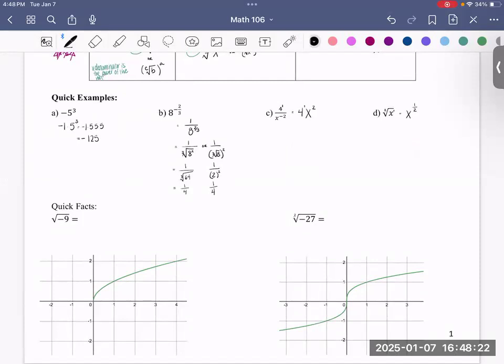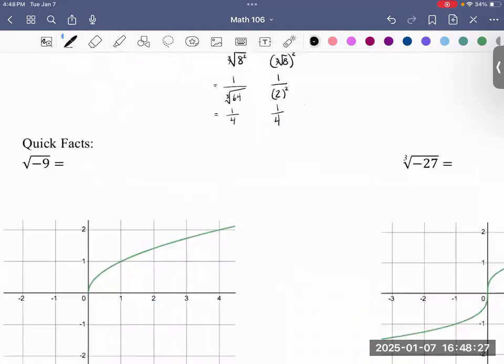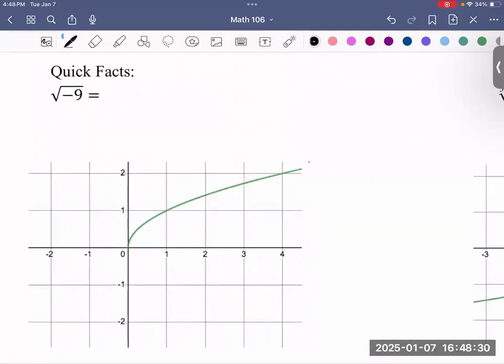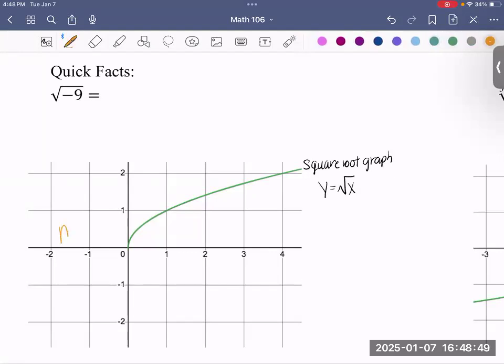Now, before we get into it, because we're talking about roots, I do want to recall some quick facts. Now, this is a square root graph. This is the graph of y is equal to the square root of x. So what do you notice about this graph? Well, this graph contains no negative x values, right? So no negatives. However, we do have positive numbers,